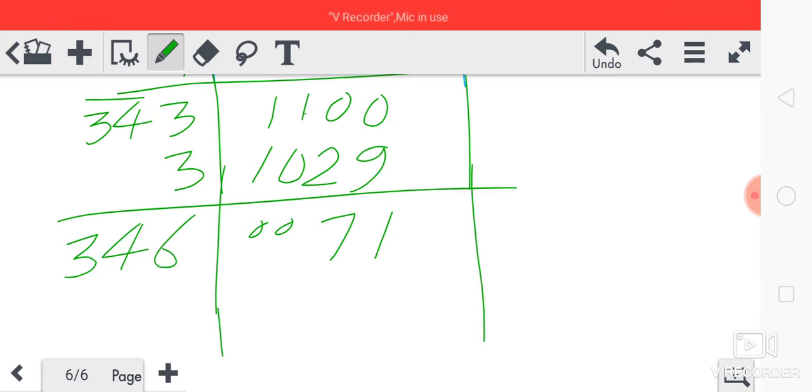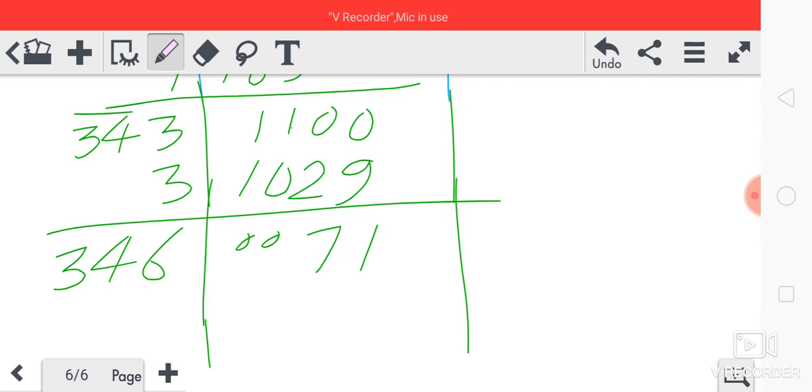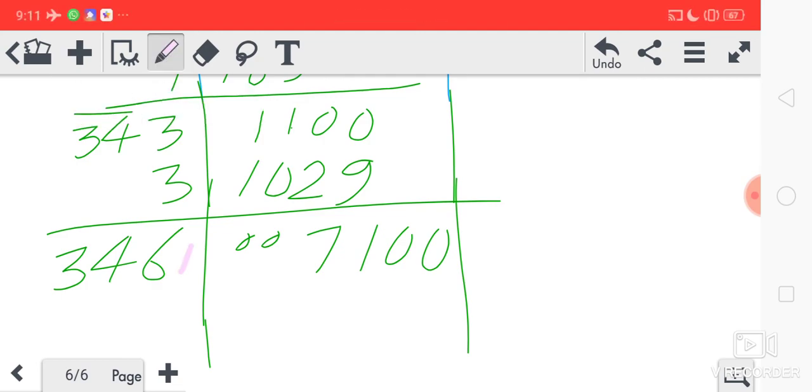Now whose turn is it to come down? Just look here. These 2 pairs we have already brought down. Now it's the turn of this last 2 0. So this last 2 0 will come down, 0 and 0. Now how much are we getting? 7100. And here, if we take any digit,